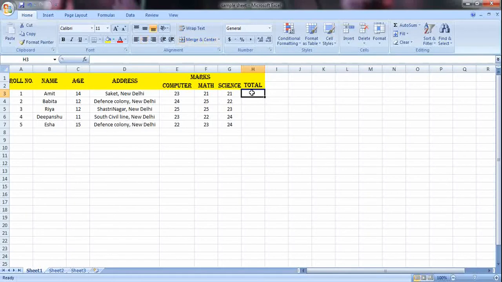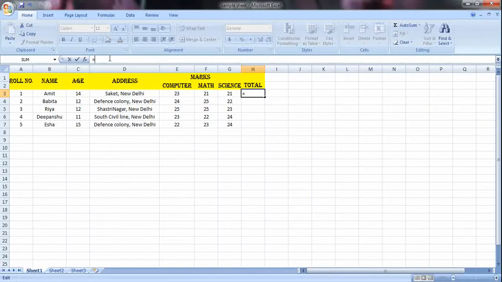So now children, to find the total of the marks, I will write the formula to calculate the total. One way of writing the formula is directly adding the numbers. So to write the formula, you will go to the formula bar and put is equal to sign. So before writing a formula, always remember to put is equal to sign.